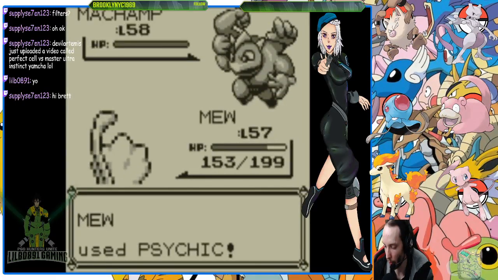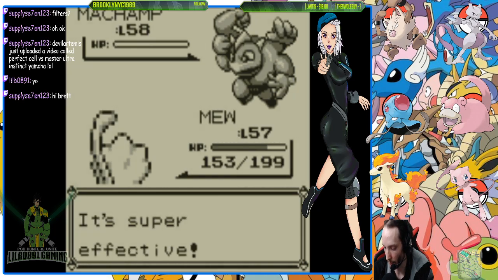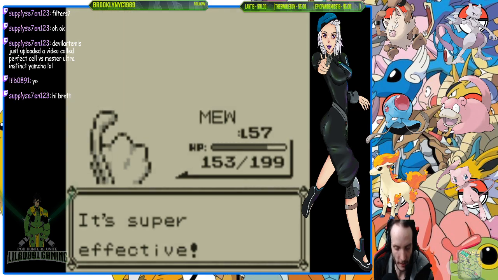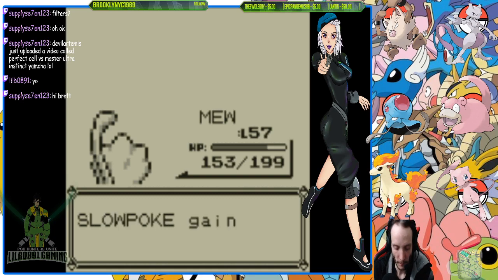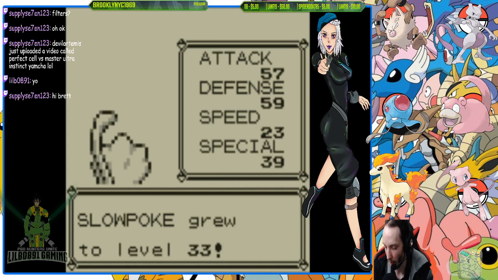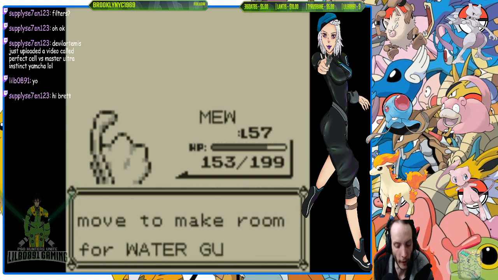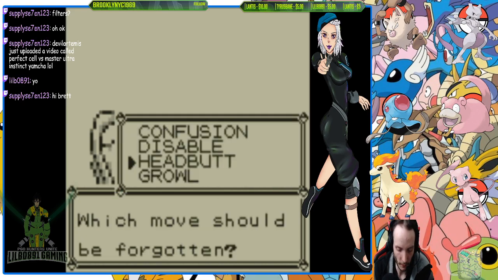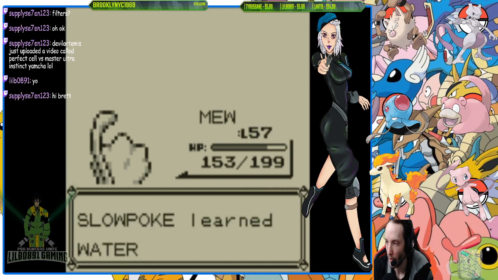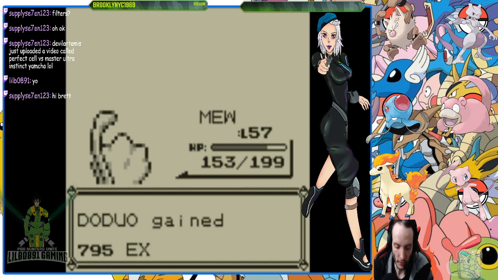Wow, that's some decent damage. A level 11 Mew did probably about like 3 or 4 damage to a free level 31 Kadabra. It's not bad, actually. And I'm surprised he lived. Kadabra actually didn't attack, he used Sable. Slow, learn Water Gun. What move do you have? Get rid of Growl, sure. At least give you some decent offense. Finally. Ooh, right, you leveled.